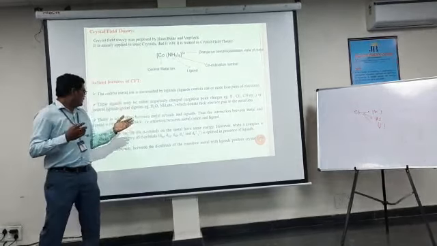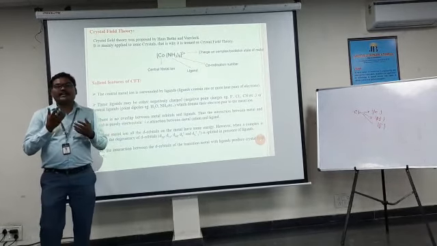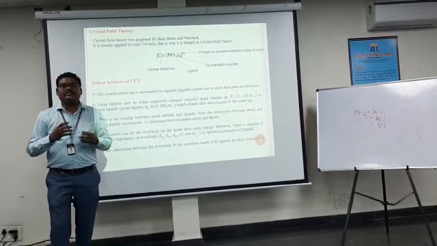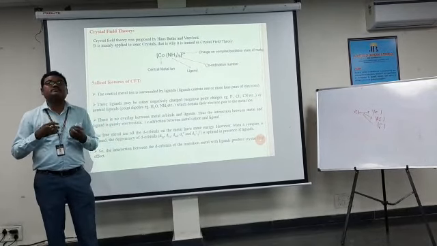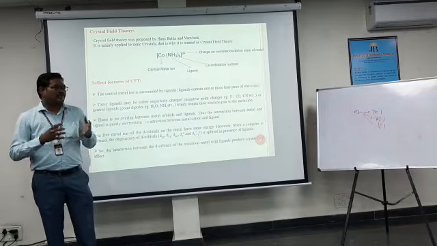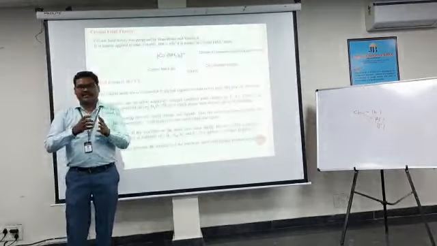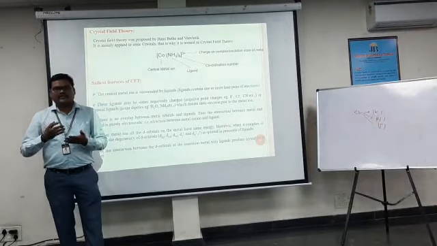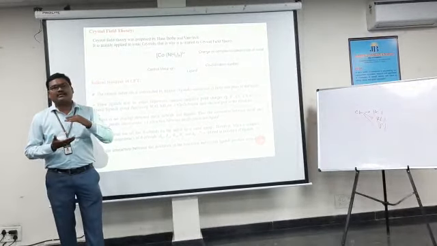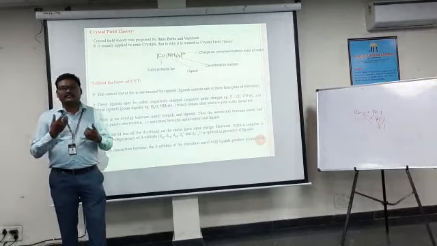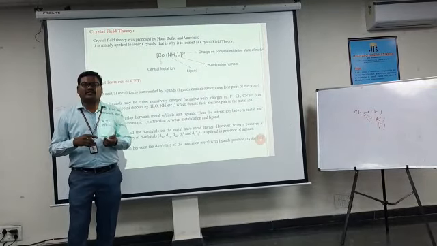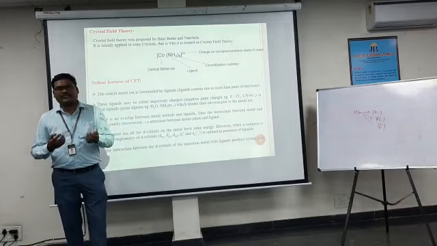The next point: in a free metal ion, all the 5d orbitals are degenerate. When the complex is formed, this degeneracy is split. When the ligands approach the central metal ion, the d orbitals split into two sets. This splitting of d orbitals into two sets is called crystal field splitting. It is different in different geometries like octahedral, tetrahedral, and square planar.